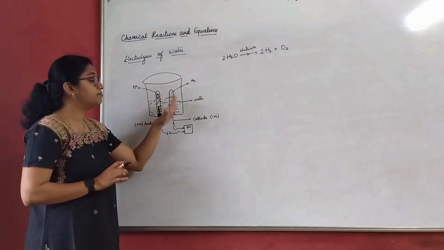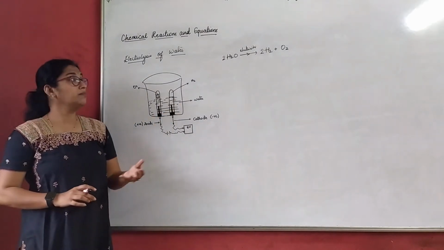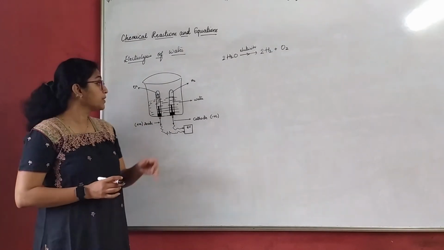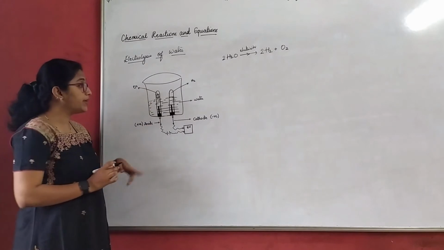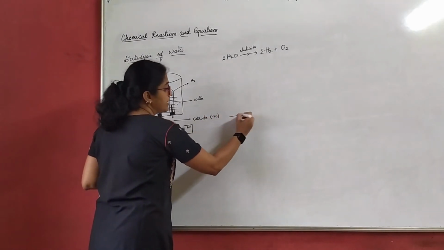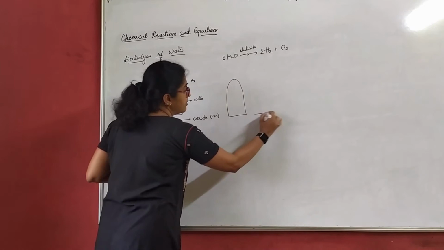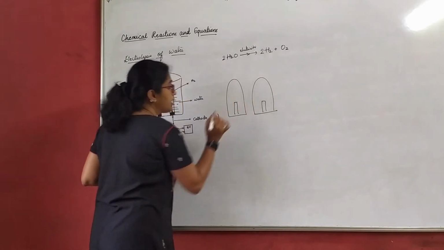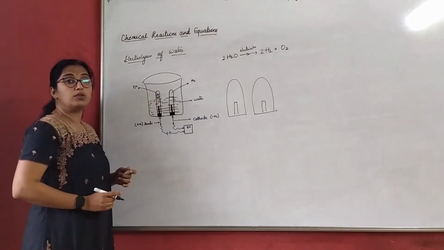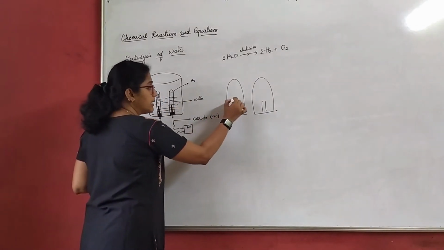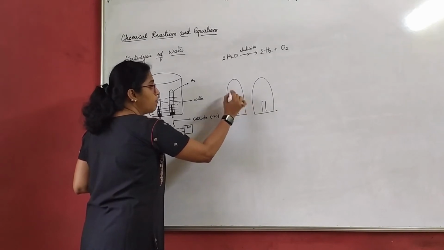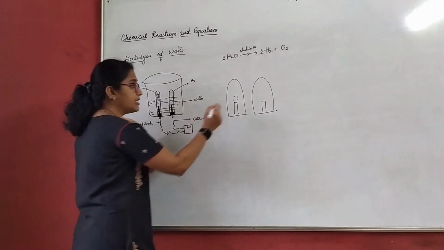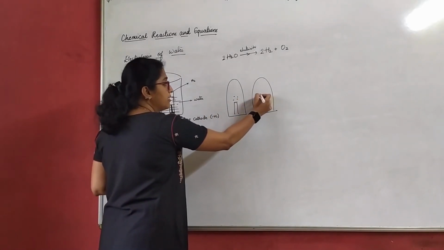Now, fill the beaker with water. Why water? Because we are doing electrolysis of water. We have to separate the components of water. So, what happens is, once we invert the test tube, for example, I'll just show it in a bigger way here. Now, these are the 2 test tubes, right? And these are the electrodes present in them. Once electricity is passed, since there is water here, you can see very small bubbles rising from both the electrodes in the test tube.